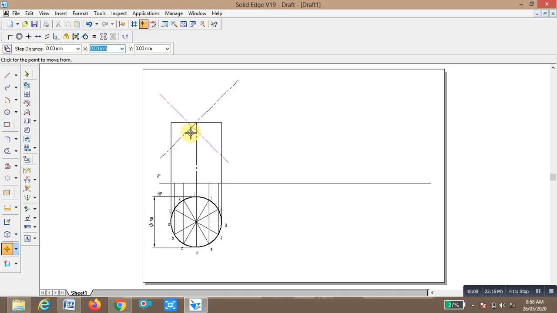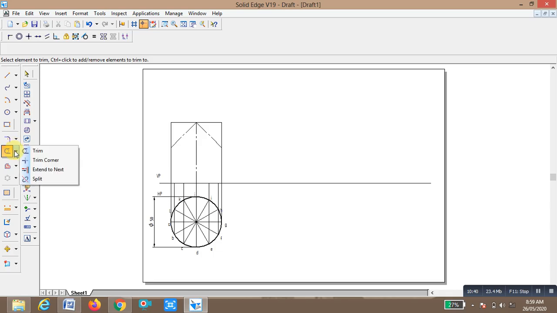Okay, now I want to trim these unwanted lines. Trim, trim, trim this, trim this. So again, this is the left out part, this is the retained portion. So I want to cut this also. I want to make this bottom portion thick by using the extend command. Go to the extend command, extend these lines up to the section plane we are taking.